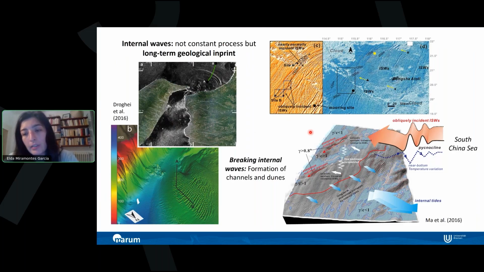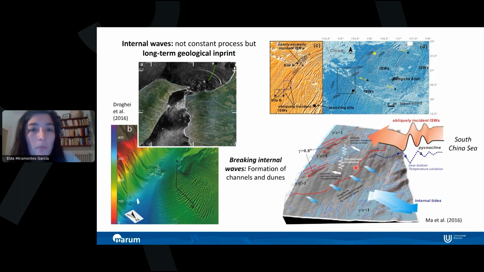Similar also in the South China Sea, there are some huge fields of sediment waves and erosional channels, and it has been suggested that they are related either to internal solitary waves that are breaking on the slope and interacting with it, and also to internal tides that are creating currents up and down in the area. Probably the diversity of erosional features, orientation of the bed forms, and direction of migration of the bed forms depends on how these waves are going to interact with the seafloor. And this depends on the type of wave, but also on the seafloor slope and seafloor